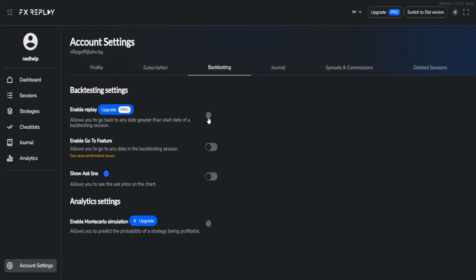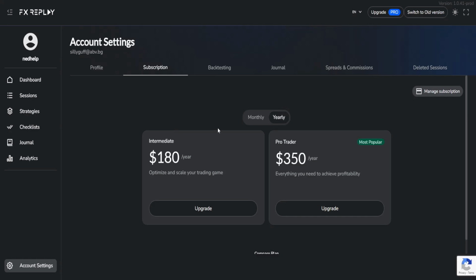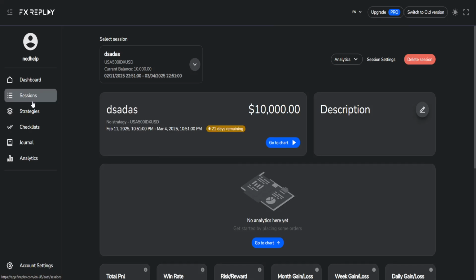Here, if it's not enabled, you want to enable it. You will need to upgrade to Pro in order to do this. So here where it says subscription, once we click on it, you can either choose yearly or monthly and get Pro. If you have Pro and want to rewind time, you will go into sessions here and then just load